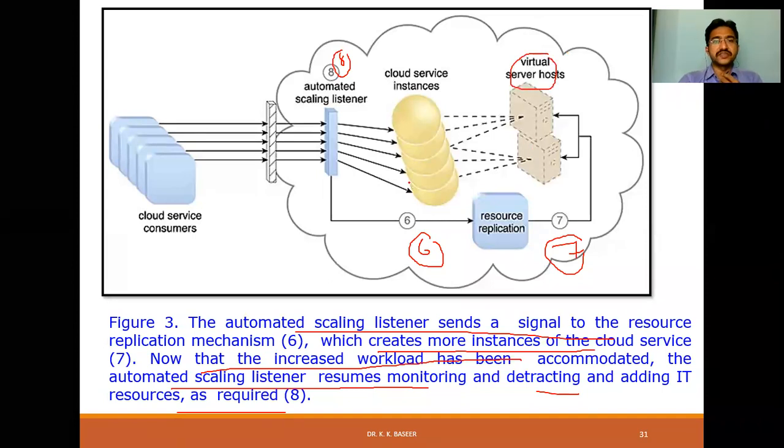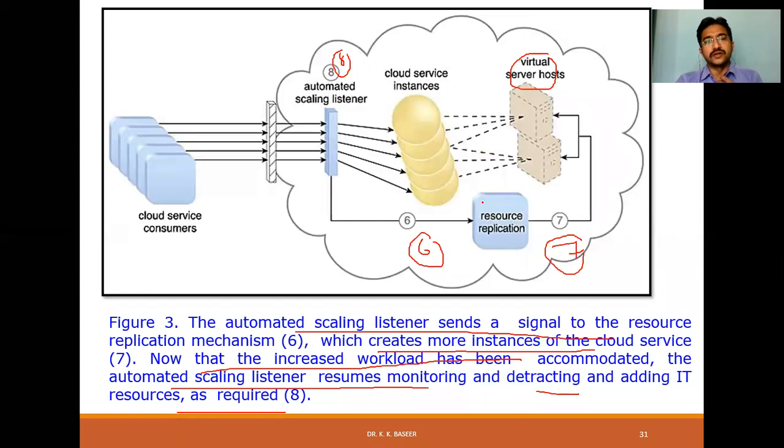As we discussed previously, based on the requests, we make a group of resources, and based on that we can make sibling resource pools, sibling resources, or nested pools based on the requirement. We can do this with IT resources, not only virtual server hosts but other resources also.